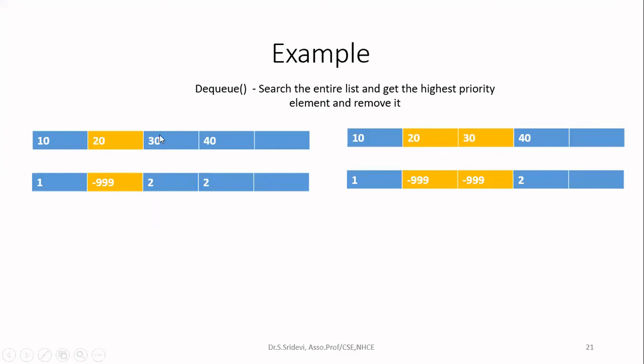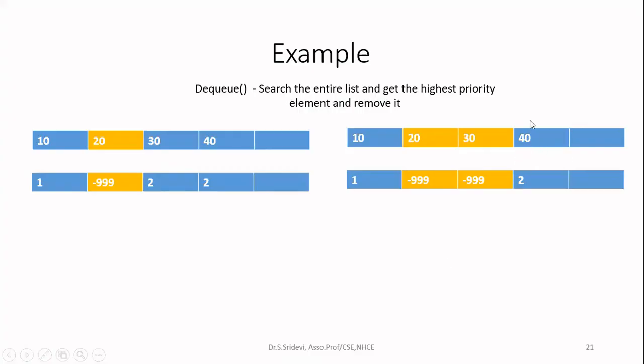Okay, now I have to delete this 30 and then 2. So in case of the priority place, I am marking a very low number like -999. Next. So if I want to delete one more element, I'll be deleting this 40. Likewise, you can proceed. Okay, so either you go for the method where you can move the element or this method. When you want to save the memory, go for shifting the elements rather than this particular approach.